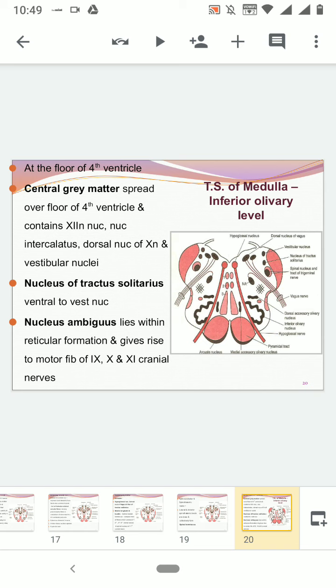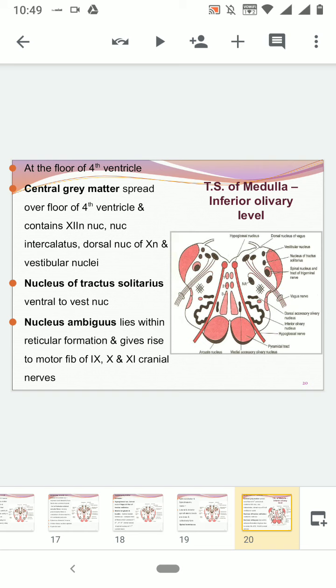Now come to the next level. So we have gone higher. Here the medulla oblongata has opened up. You are not seeing any central canal. It has opened up and it forms the floor of the fourth ventricle. As you go from the ventral to dorsal aspect, on the ventral aspect you can see big orange masses; these are called the pyramids. You have the anterior median fissure between the pyramids.